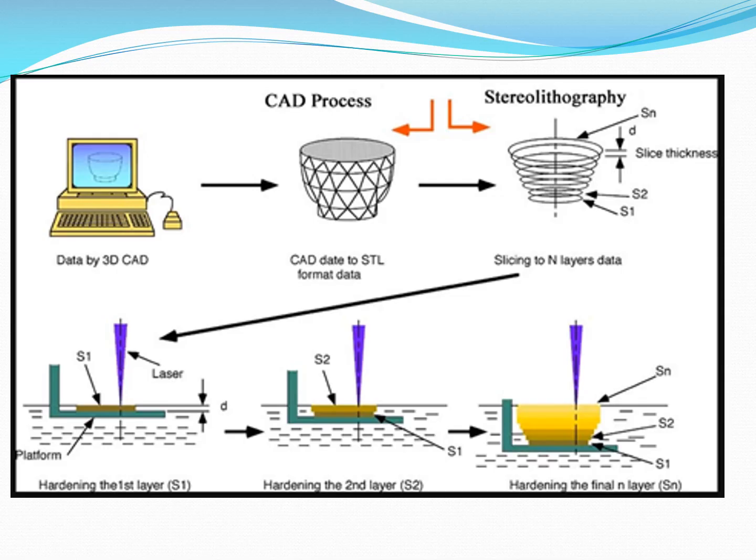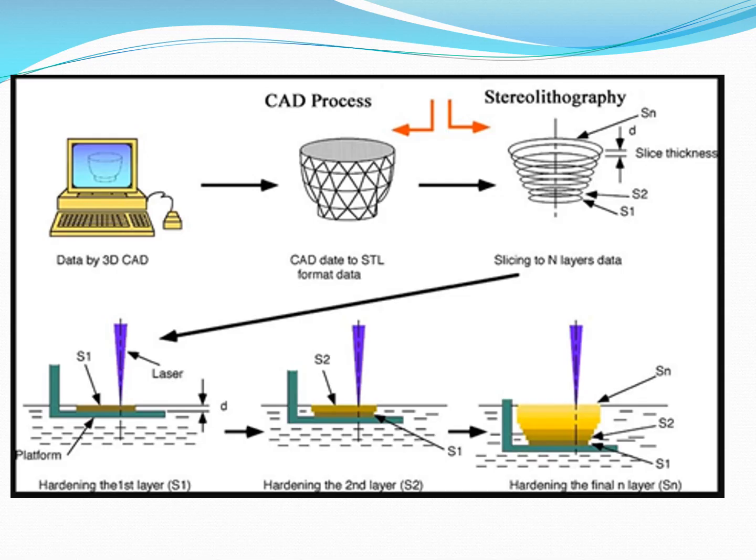There are the 6 diagrams. First one is the data or 3D CAD. First of all, we have to produce a 3D CAD data. After that the 3D CAD model will be converted into STL format data, and after that the STL file will be entering into the stereolithography, and after that if you follow the arrow, that will enter